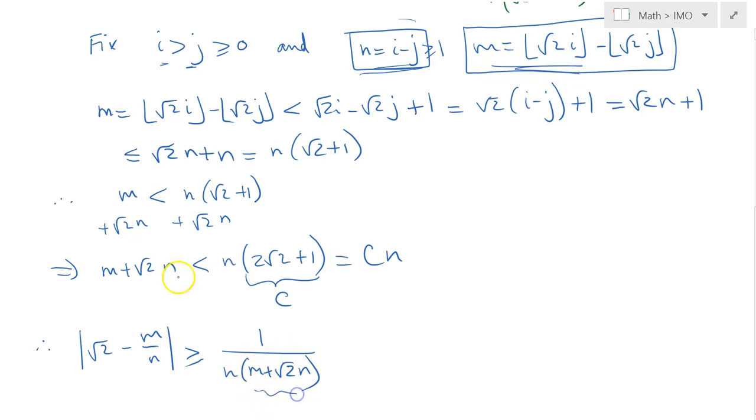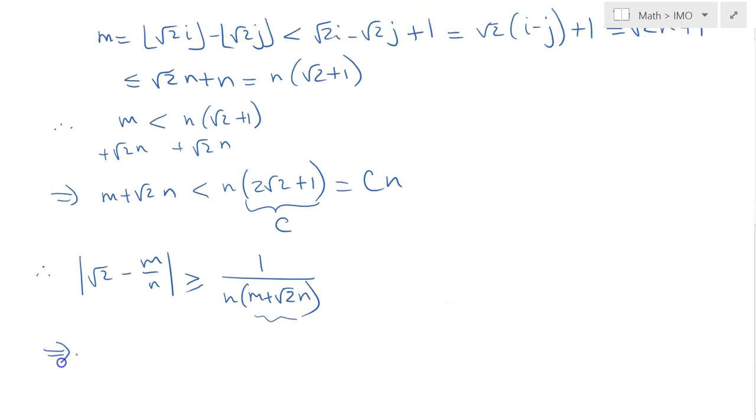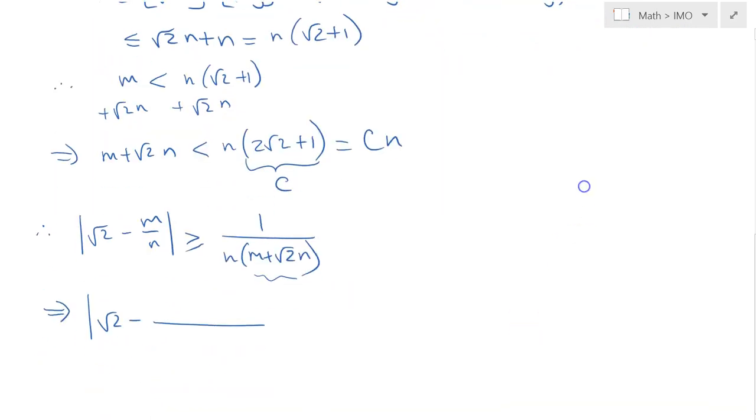So this would imply root 2 minus m over n, which was defined as root 2 i minus the floor of root 2 j, all divided by i minus j, that's n, is greater than or equal to 1 over, replace n with i minus j, and m plus